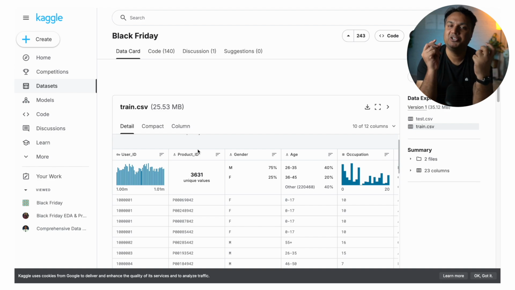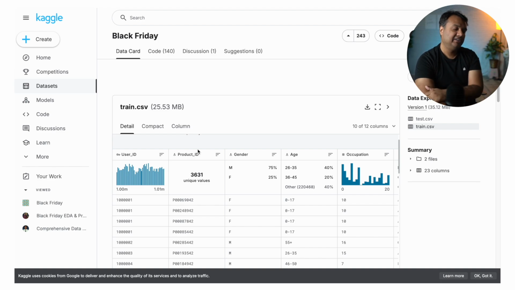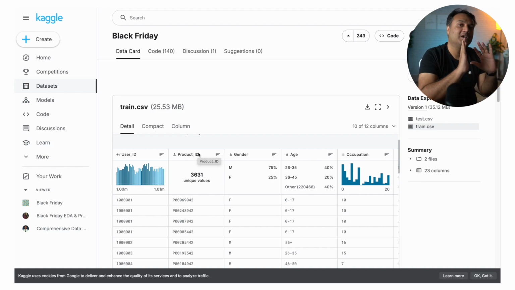They have not given the per unit price. They have just told how much they bought for that product. And based on that, we'll train our machines. That's machine learning. And then we'll do some analysis. And this will be exciting. So I just wanted to give you an overview of the data set we are looking at.